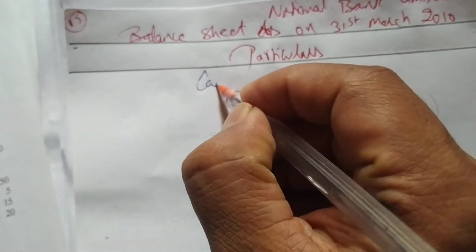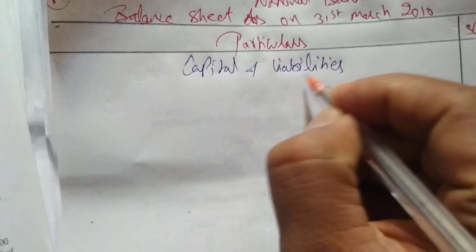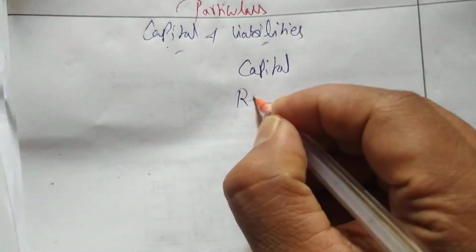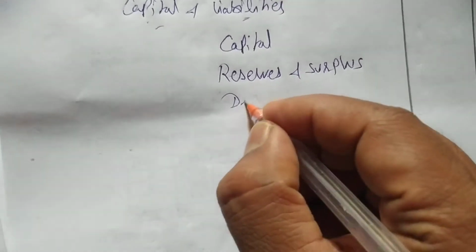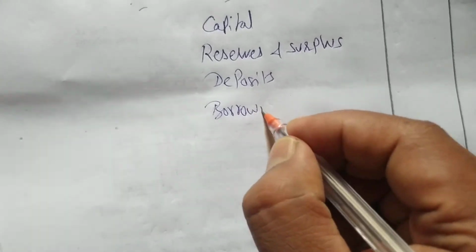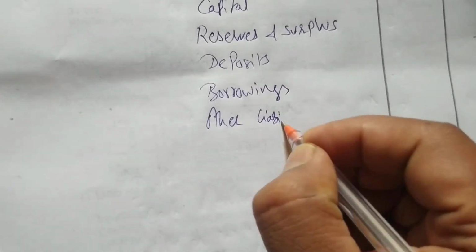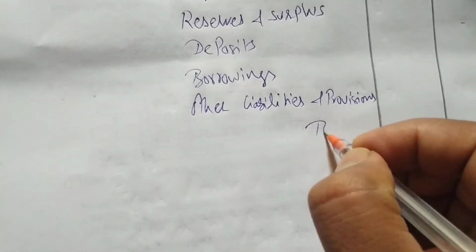First we'll write the entire format. Okay, so first we'll write capital and liabilities. In this, the first item is capital, we know. After capital you write reserves and surplus. Then we'll write deposits, borrowings, other liabilities and provisions. Then we do the total. Then we'll write assets,